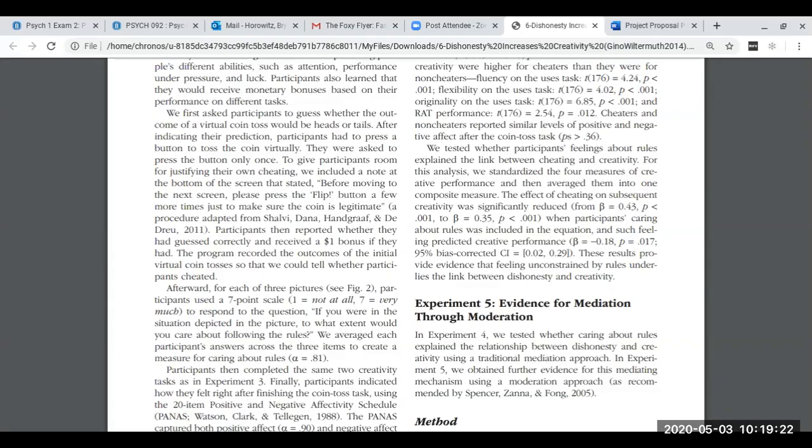that the researchers could actually tell whether or not the participants cheated. Because if you can't tell, what good is this experiment? Afterward, for each of the 3 pictures,